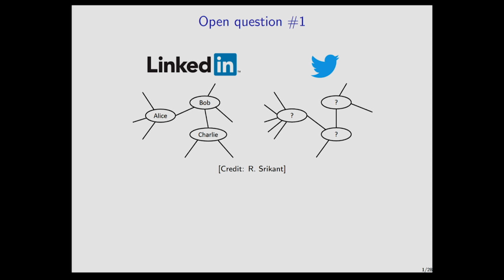Suppose I give you two, let's say, social networks on the same individuals, let's say a LinkedIn network and a Twitter network. And the first network has Alice, Bob, Charlie, the people, and you see the names of the people in the first network. And the second network is anonymized, right? So you don't know who the individuals are in the second network. The graph matching question is, using just the topology of the two graphs, can you try to identify what is the latent matching or permutation of the individuals that maps one graph to the other?